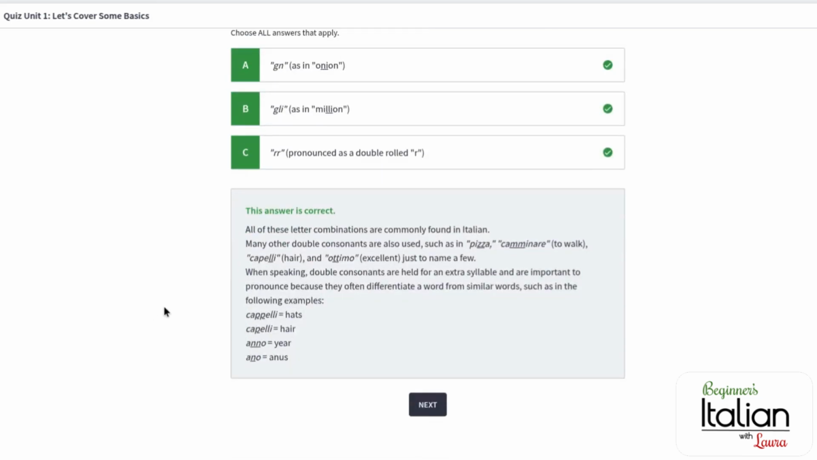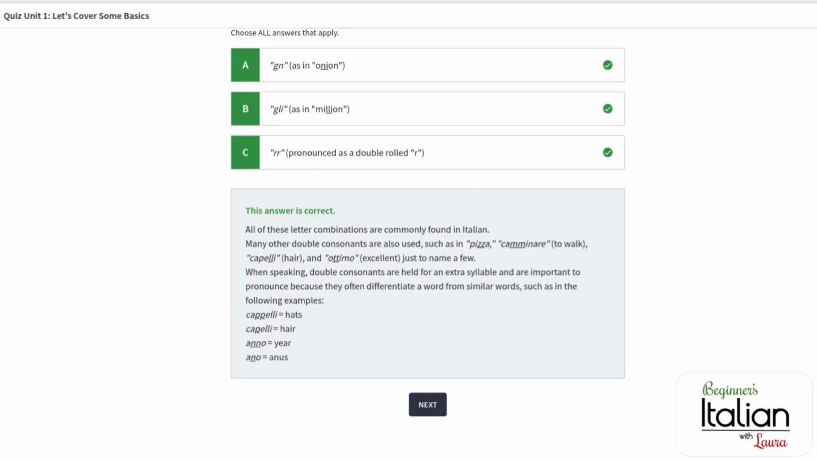Okay, so all 3 of them are correct. All of these letter combinations are commonly found in Italian. Many other double consonants are also used, such as in pizza, camminare, to walk, capelli, hair, and ottimo, excellent, just to name a few. When speaking, double consonants are held for an extra syllable and are important to pronounce because